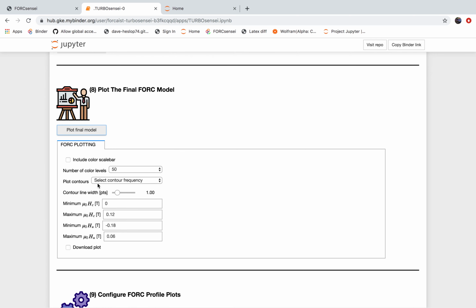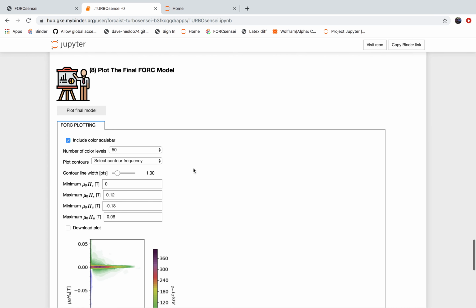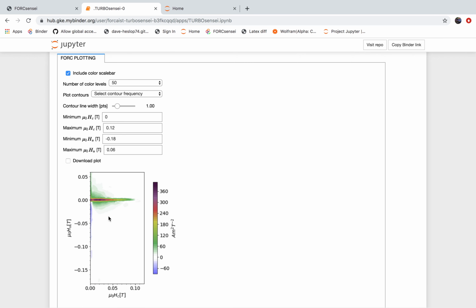You don't see the fork plot at the moment, but as soon as you adjust something on this interactive menu, it'll appear. So for example, if we say we want to include a color scale, we hit the button there and you can see that the fork diagram has appeared. Now, maybe you want to change something in here. You can, for example, change the number of color levels. Do you want to include contours, what the width of those contours should be, and what the dimensions of this